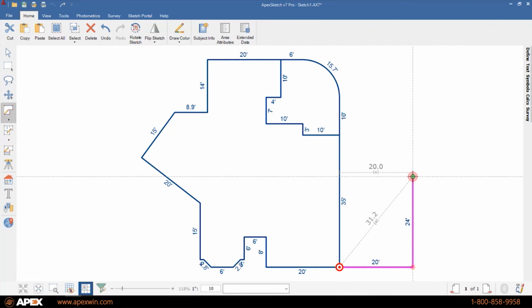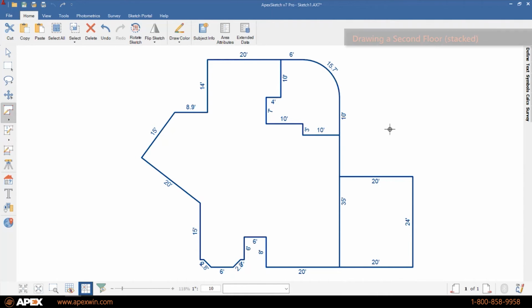Let's say there was a garage here. I don't need to trace back down that wall, so I'm going to tap Enter a second time. My cursor will turn gray. I'm going to add a second floor to this as well. You may or may not draw second floors, but I'm going to draw one just to show you some of the efficiencies. So let's say this house has a second floor that covers the garage, and it covers half of the first floor, but this is open